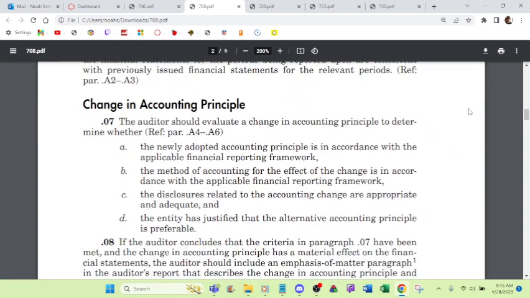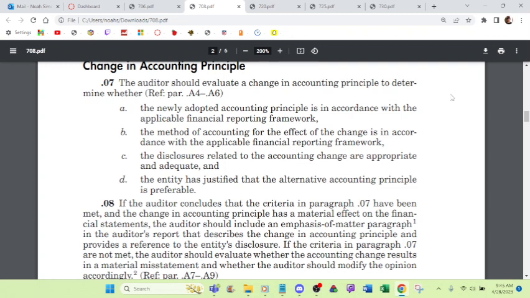The auditor should evaluate a change in accounting principle to determine whether the newly adopted accounting principle is in accordance with the applicable financial reporting framework, the method of accounting for the effect of the change is in accordance with the applicable financial reporting framework, the disclosures related to the accounting change are appropriate and adequate,